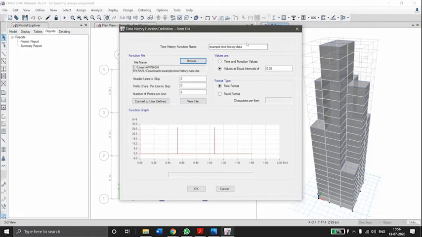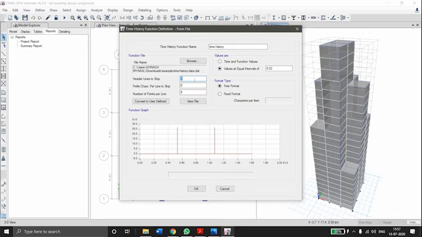then here give the function name as time history.